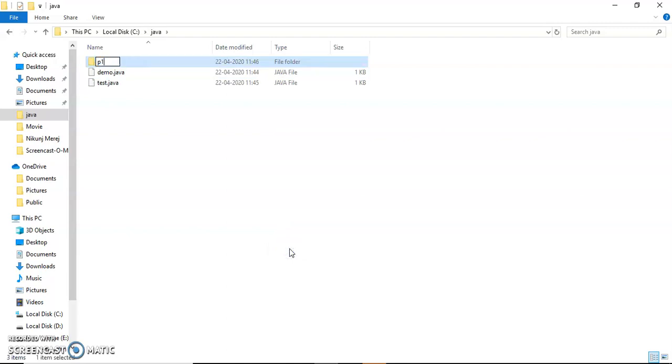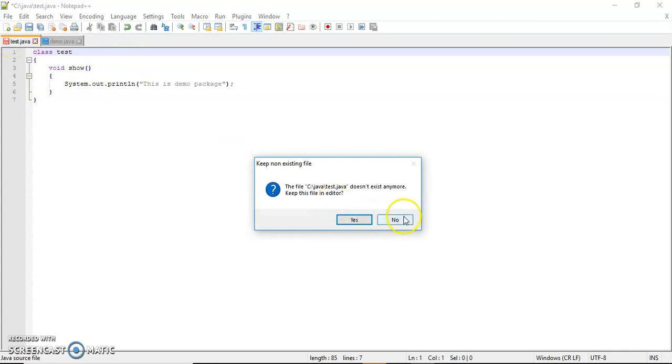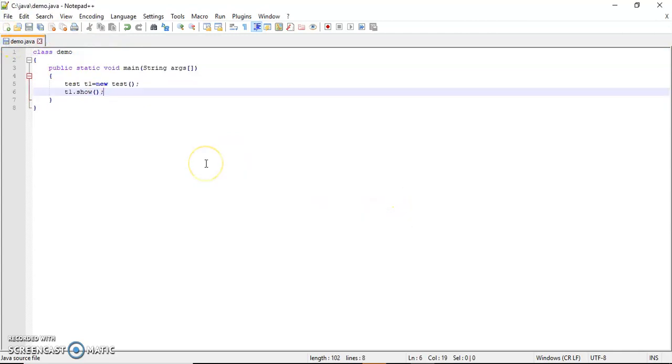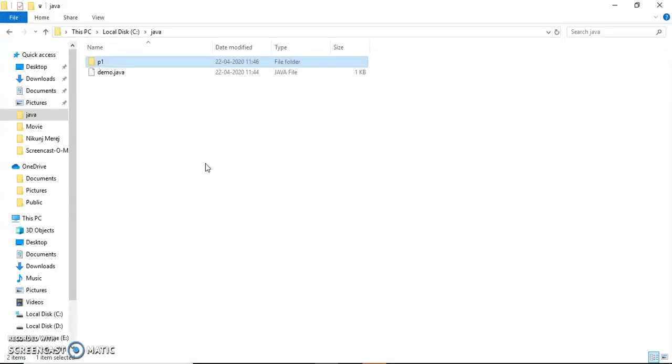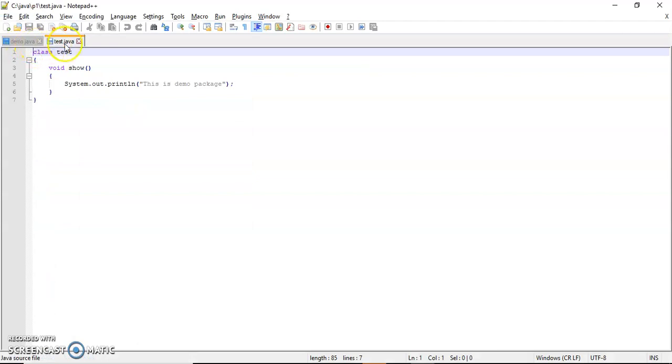I am going to create a folder p1, and I put these java files in it. So in p1, now what do I have to do? I open the files from this location. Now both are open.